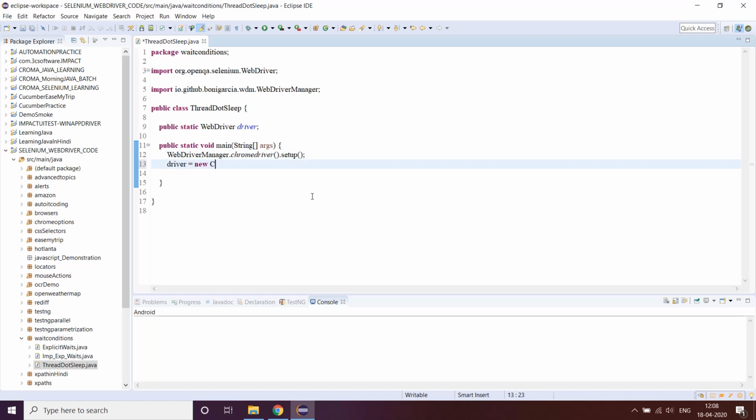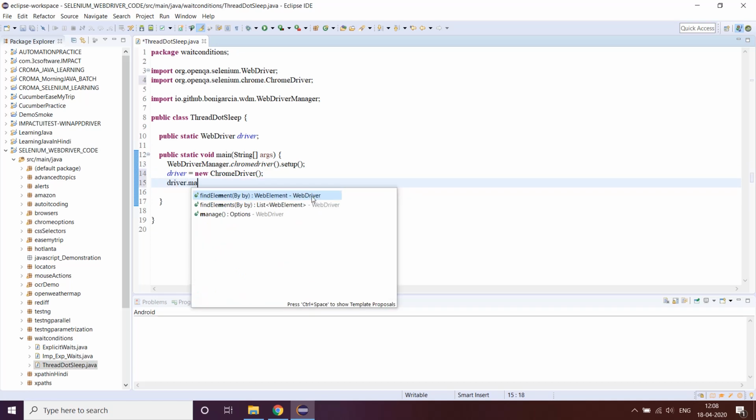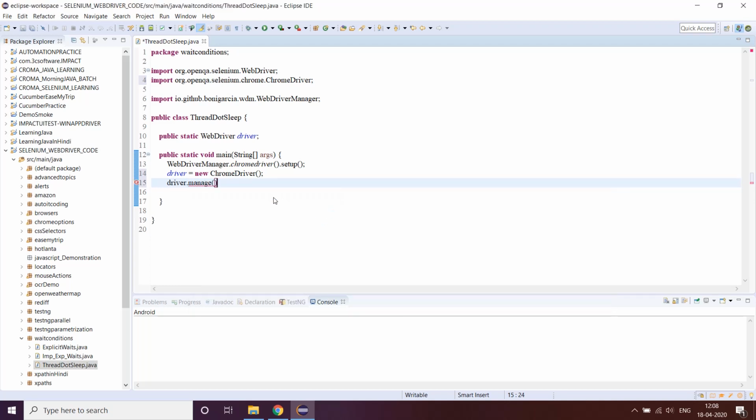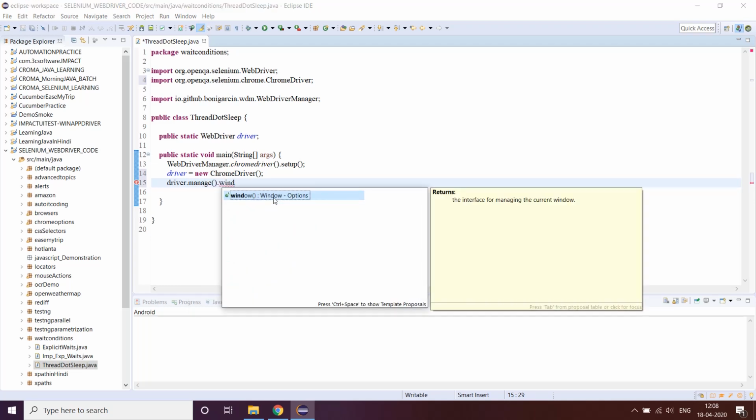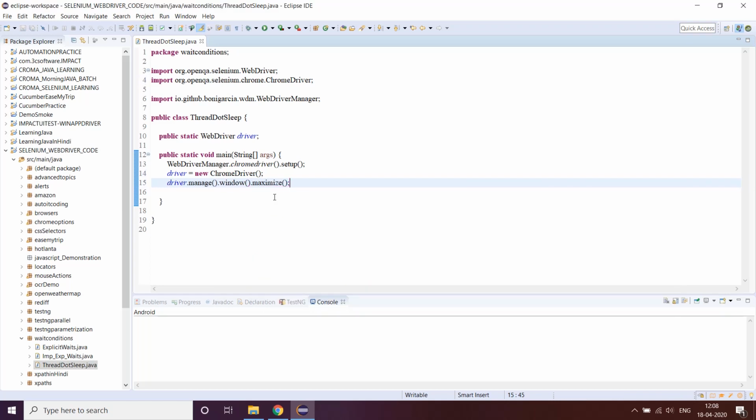Driver is equal to new ChromeDriver, then manage().window().maximize. See, we are just gonna do the same thing which we have done so far.